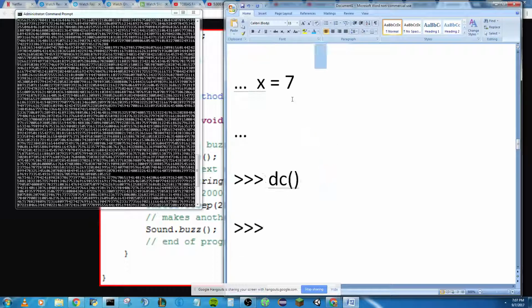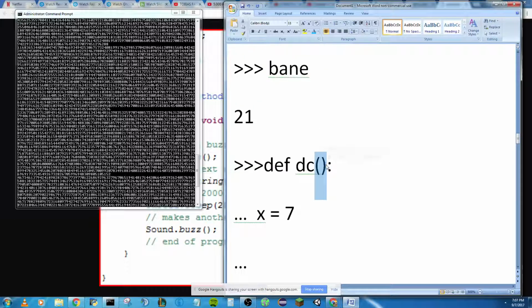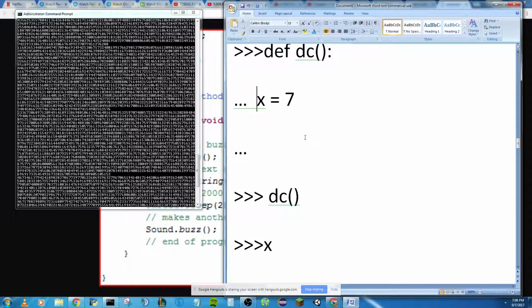Outside of this, if you were to run DC and then type in x, you would get an error because x doesn't exist outside of this nest. So x only exists in here. And so the idea is that in here you're going to do a bunch of stuff to x so that you can return a value that's something else, like,